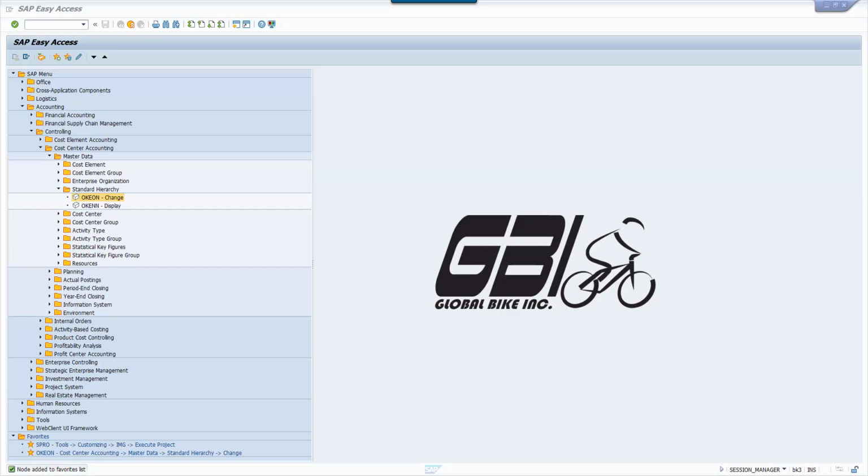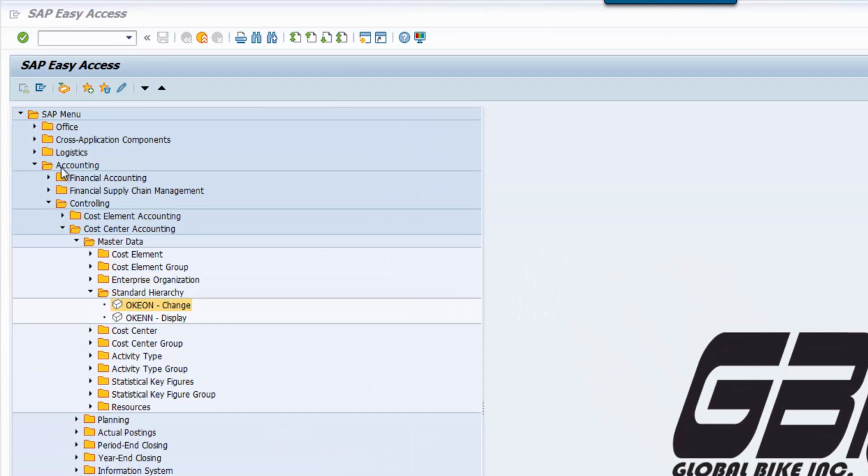In the previous set of exercises, we went through and did some work getting the standard hierarchy. And I wanted to show you where on the menu path we can go to our standard hierarchy to look at it and to modify it if needed. So if you go through accounting and then you come into controlling, cost center accounting, master data, standard hierarchy, and